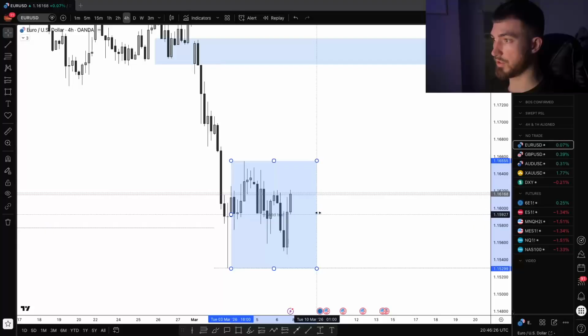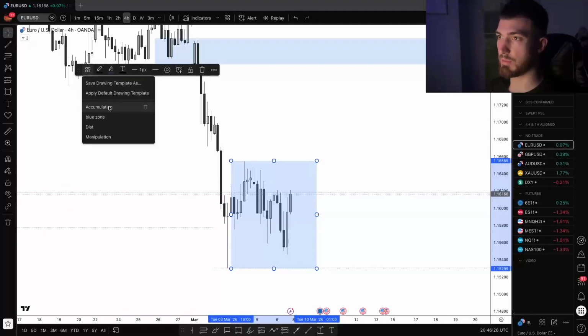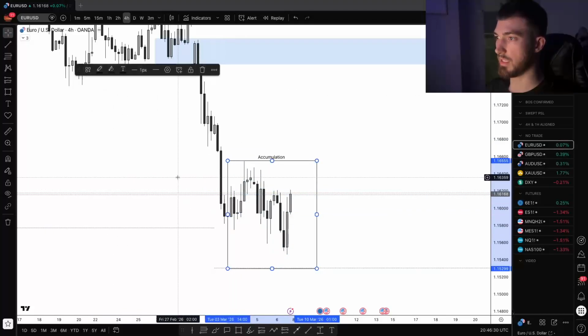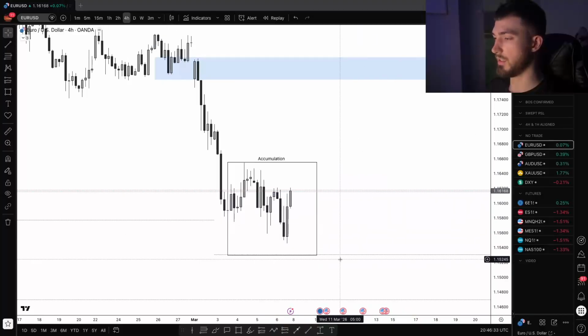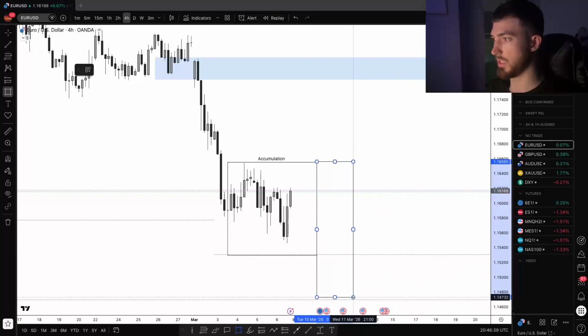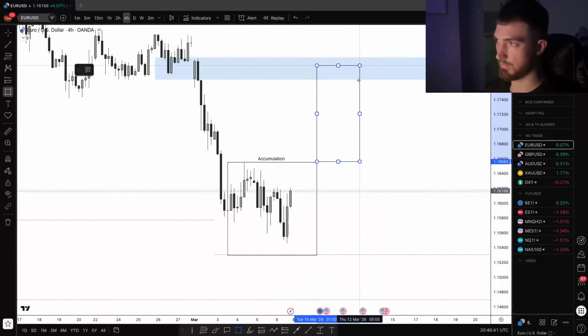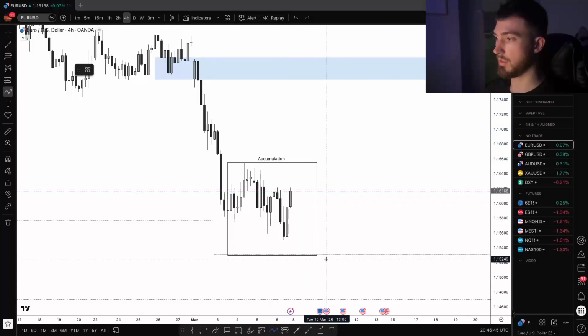Price has been hard to trade recently as well. I'm not sure if many people have found it the same, but it's just not been an easy read. But like I said, we've got that accumulation. What we could get now is either a manipulation to the downside and then trade higher, which would be a nice setup to confirm that temporary buy side bias, or we can simply see price move up into our point of interest, manipulate, which is where